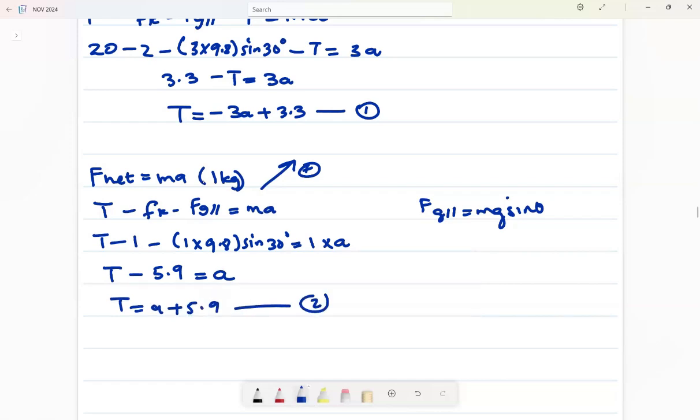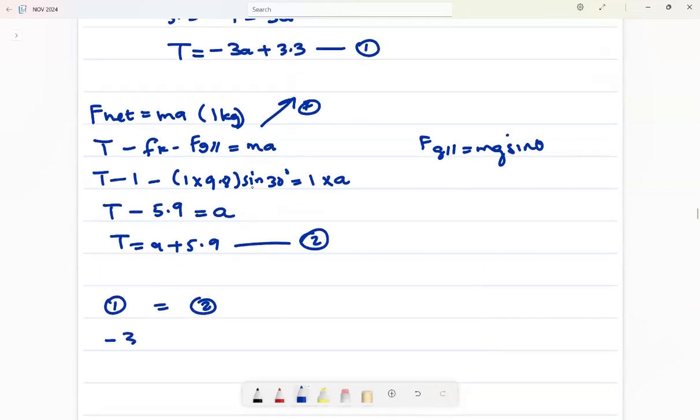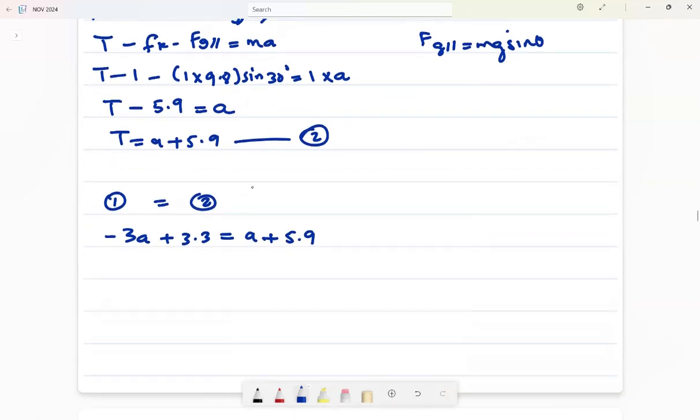Then this is going to be your equation number 2. And then we equate equation number 1 with equation number 2. So it's going to be what? Negative 3A plus 3.3 is equal to A plus 5.9. Then negative 3A minus A is minus 4A, is equal to 5.9 minus